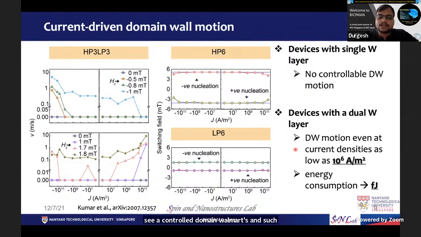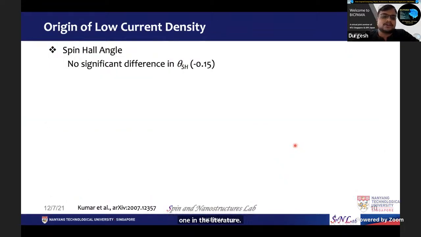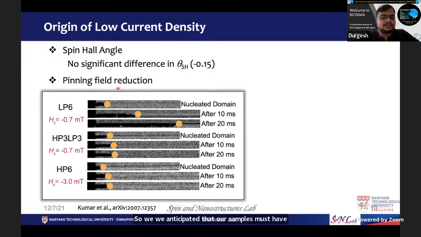Such low current densities that we observed in our samples translate to an energy of the order of femtojoules, which is much lower than the one in the literature. Further, we tried to understand the reasons for such low current density observations, and we measured the spin Hall angle using harmonic measurements, and we found that the spin Hall angle of dual samples is not much different. So we anticipated that our samples must have a very low pinning field, and for that we studied